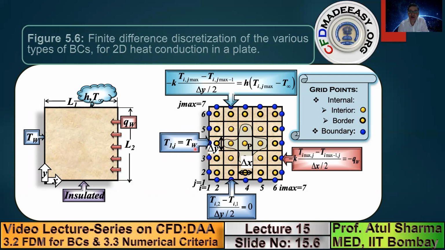Whereas for a Dirichlet boundary condition with a time-wise invariant value of temperature, if you have given 100 degrees centigrade here, these values are not changing with respect to time. Whereas for all the non-Dirichlet boundary conditions, the blue circle is a function of the yellow circle, and the yellow border circle values change with respect to time, so the blue circle values also change with respect to time. So for non-Dirichlet boundary conditions, the boundary point values evolve with time.